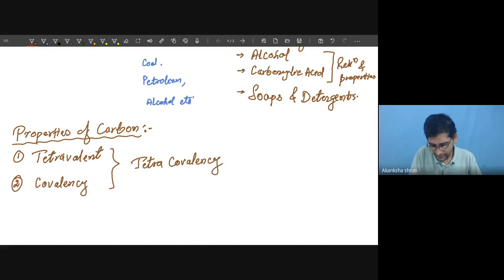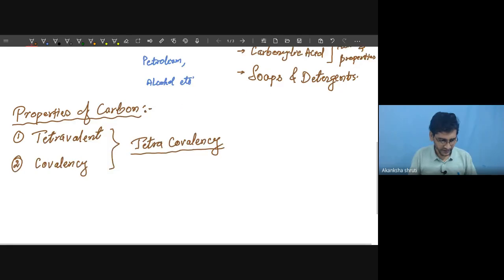Tetracovalency. Okay. So whether you learn these two separately or understand it in the same topic, they mean the same thing. The next one is